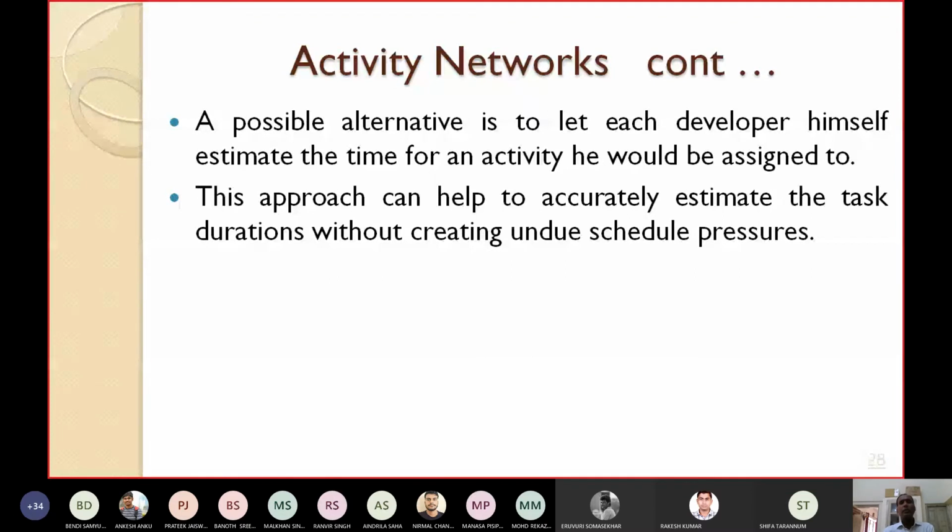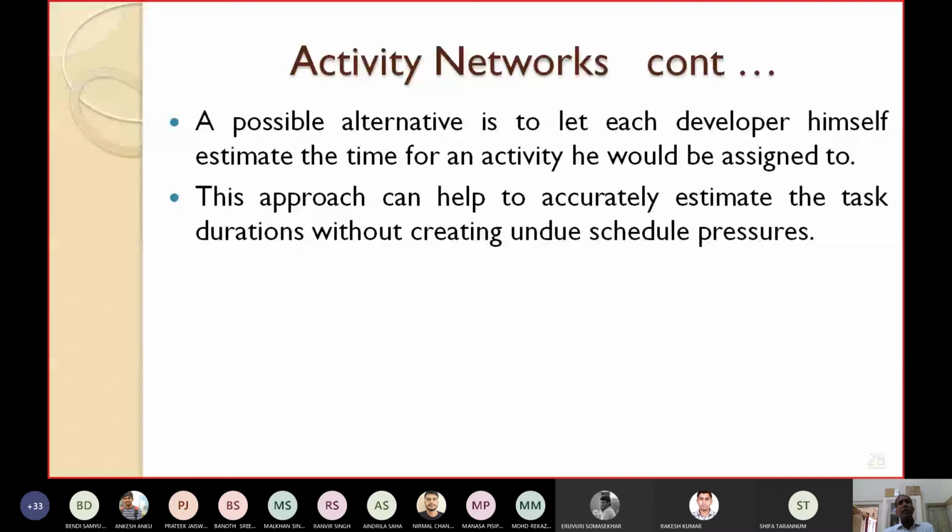This approach can help to accurately estimate the task durations without creating undue schedule pressure. It will help to prepare a better estimate, without creating any undue schedule pressure on the employees.